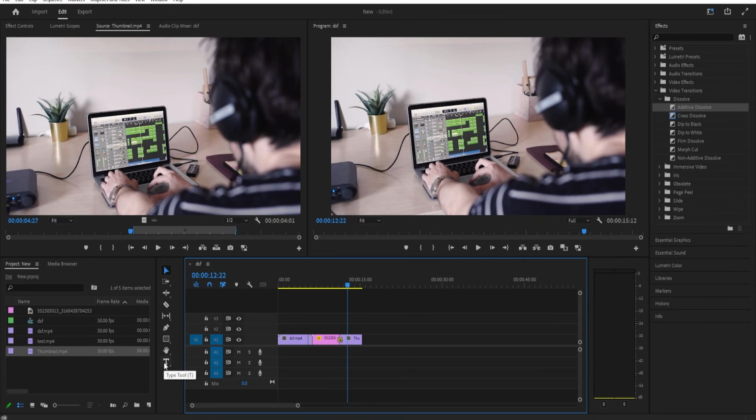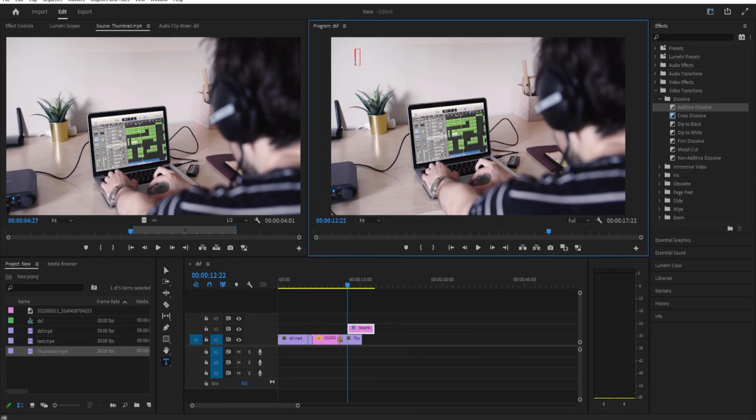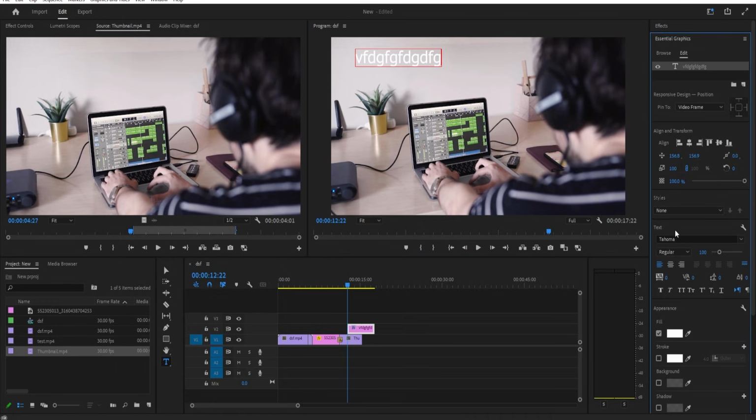Now if you want to add a text on your video, you can just go to your text tool or your type tool, and then go to your video, and then just click on wherever you want to add your text, something right here, and it's gonna add a text box right here on the video and another clip here on your timeline. Now you can just type here whatever you want, but as you can see, it's gonna be default on your white text. Now in order for you to fix that, you just go here on essential graphics,